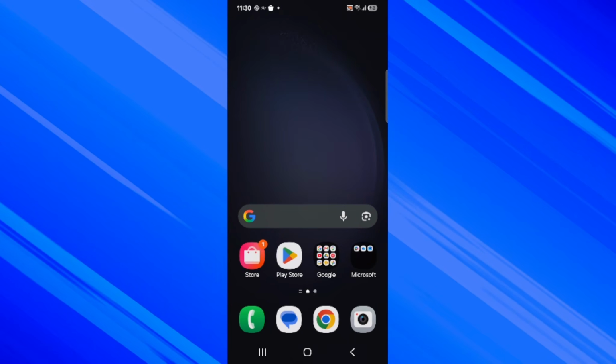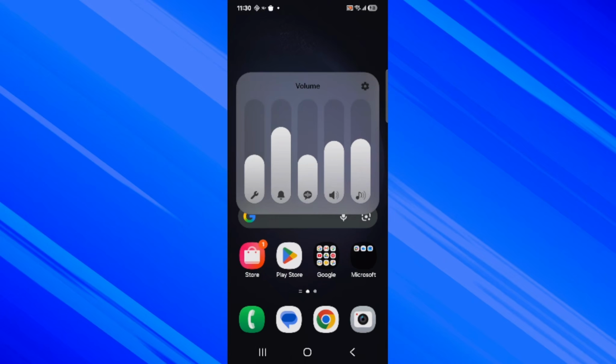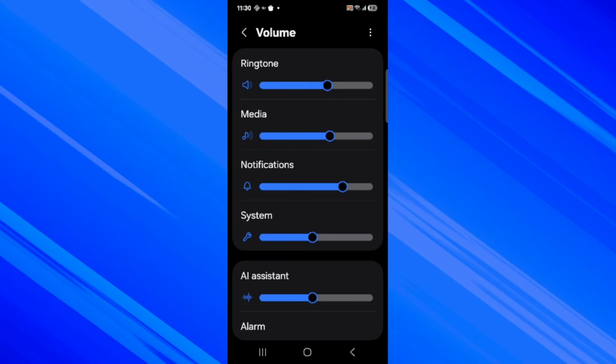And now on the home screen, press the up or down volume button. And if you have a look, you'll see three dots at the top of where you see the volume bar. And when you select that, you'll be able to adjust all these individual settings that we looked at before just